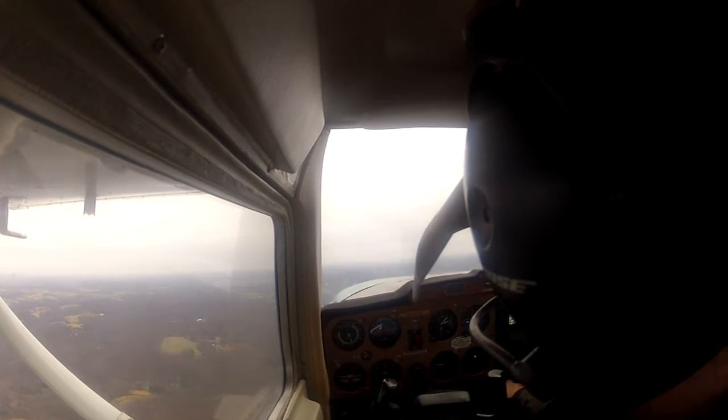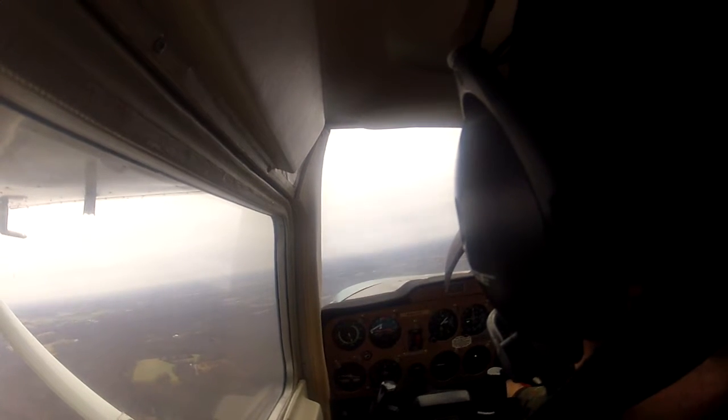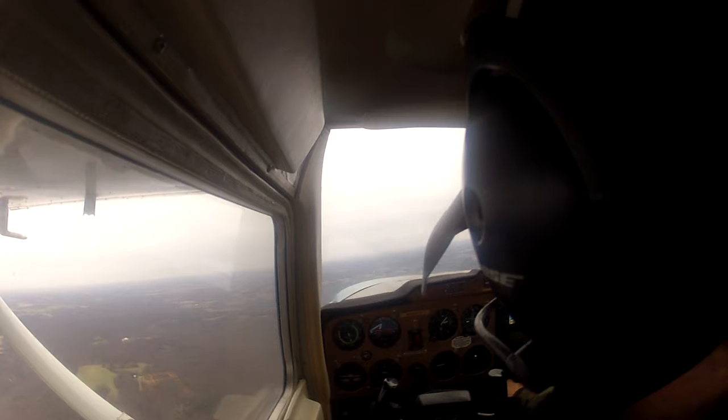Yeah. And theoretically, you can get an instrument rating without a GPS. It just is harder. Harder to do these days, I bet. Yeah. And I'm guessing that most of the examiners are going to be unhappy with that because, you know, hey,